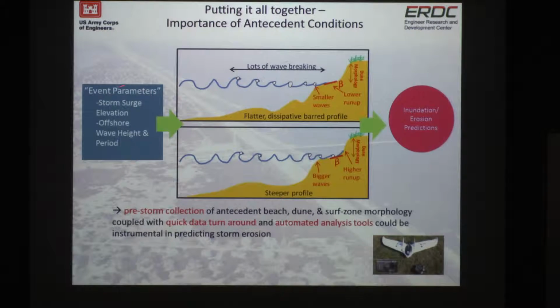So the idea is that you have your event parameters, and we can predict things like storm surge elevation and your offshore wave height and period. Those are model inputs that we already have ready to go. And so we could take those,